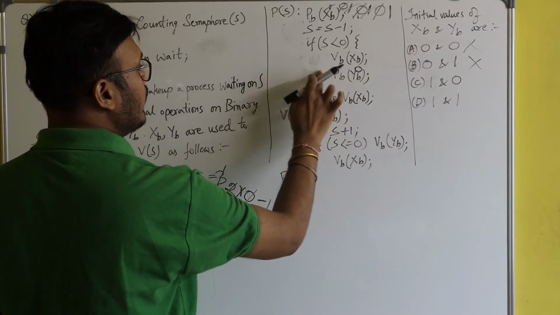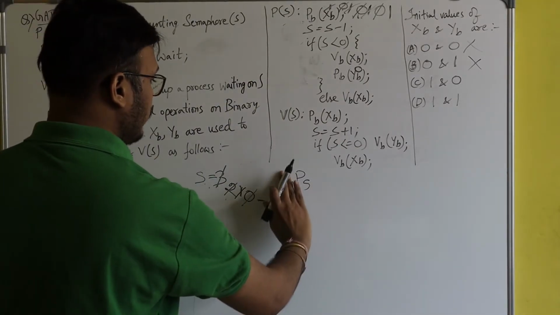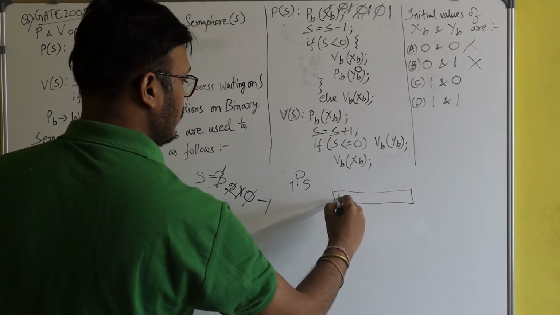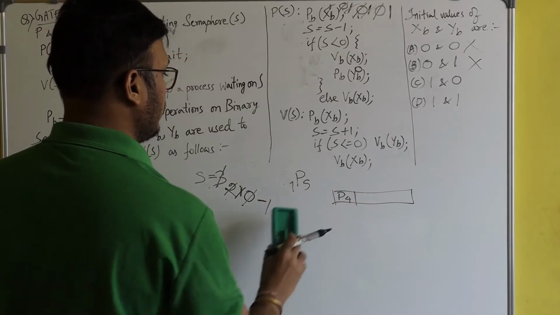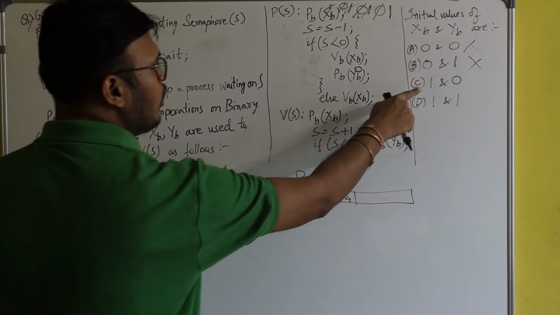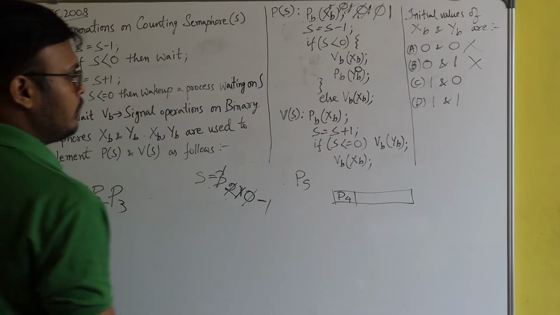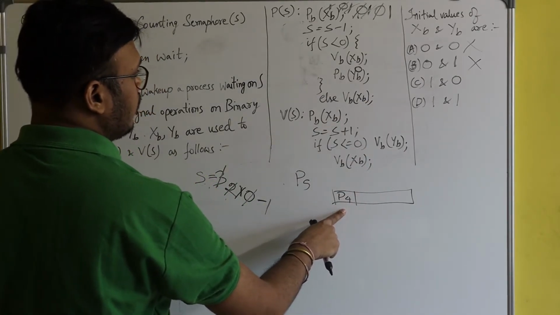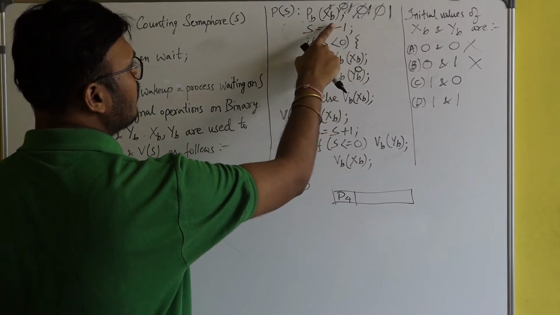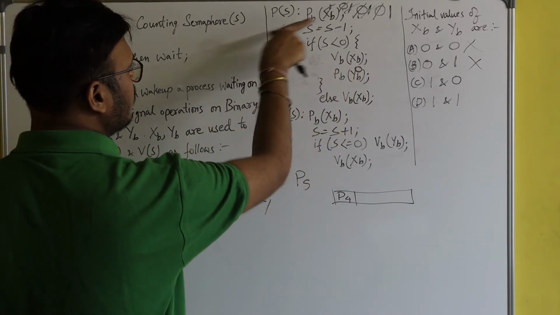And since P4 is blocked here, P4 will enter into the blocking queue. Here it's a queue. So P4 has entered into the blocking queue. Fine. So definitely option C is correct, but we will analyze the whole condition. So now P4 is blocked. And before blocking, P4 already gave a signal to XB so that if another process wants to try, it can execute this code.